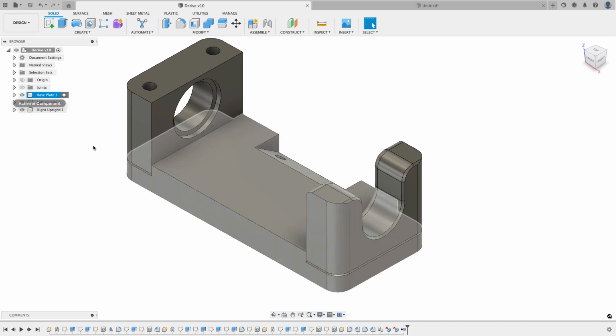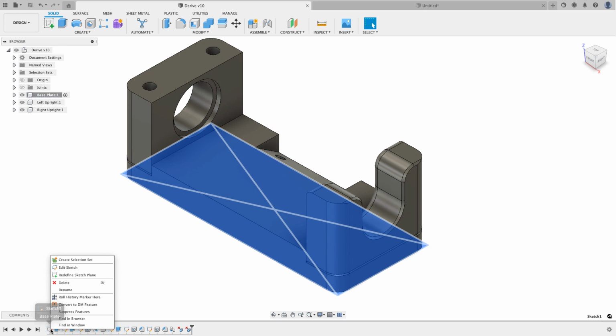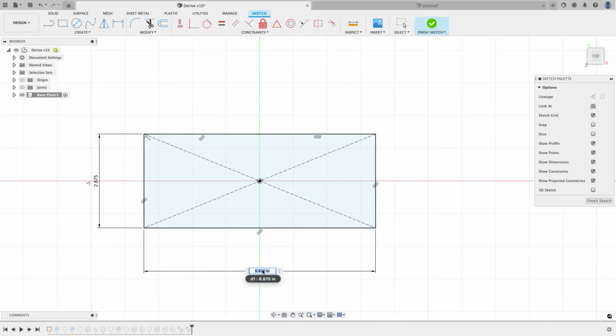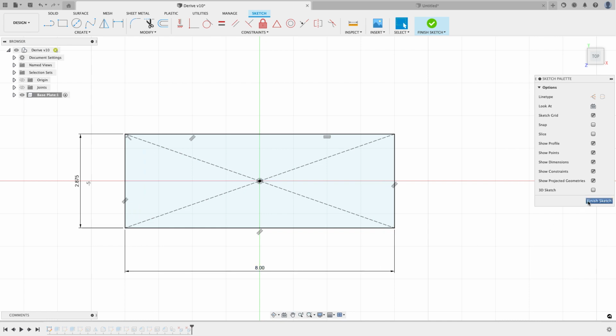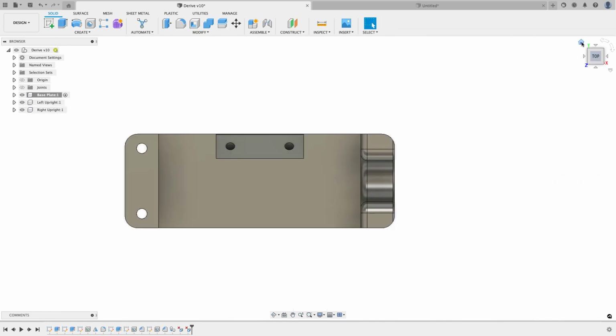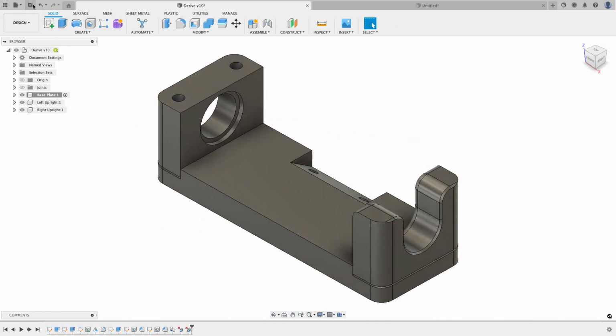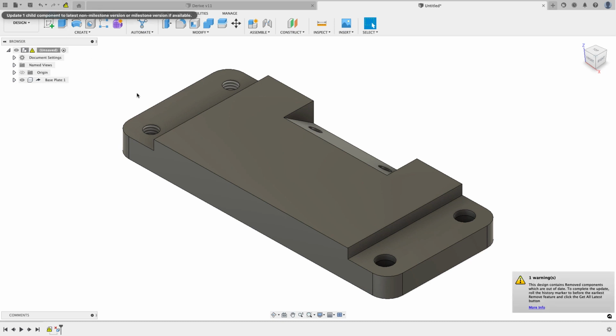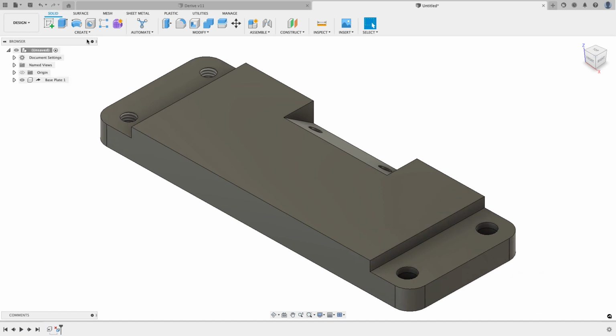So if I were to activate the base plate and change the sketch and change the length of this part to be 8 inches, you see the part grows, I'll finish. I'll click the home button and choose save to make changes to that file. And now when I switch to my derived file, Fusion senses that there's been an update and tells me my component's out of date. When I update it, it's going to change the length of the component,